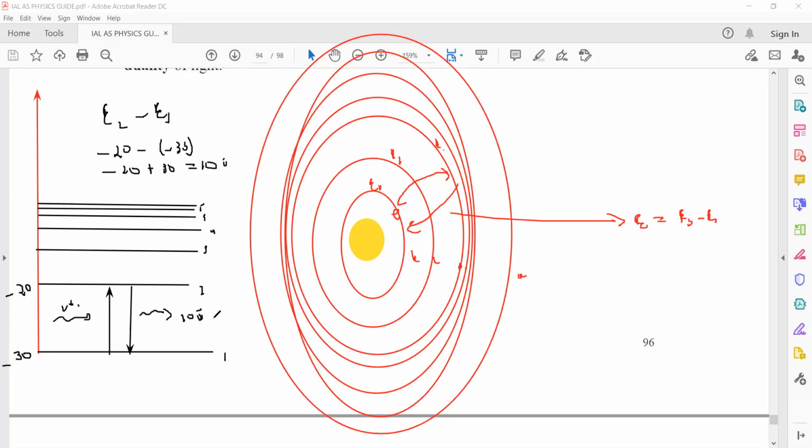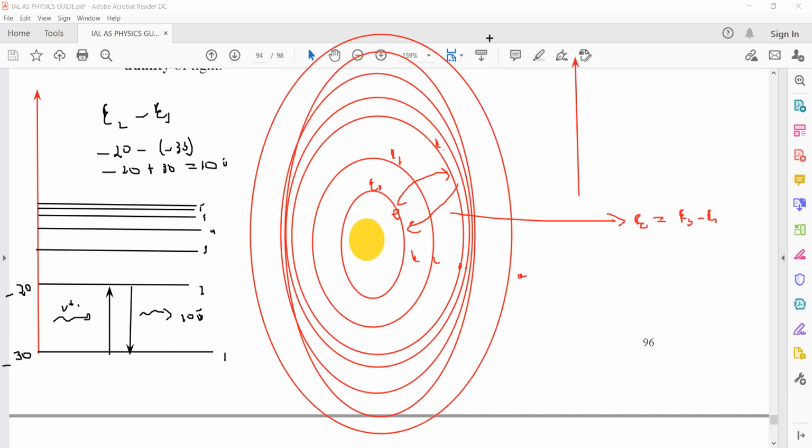We call this spectrum a line spectrum. Different elements have different gaps between the shells. That's why they give characteristic energy or characteristic color. So using a line spectrum, we can identify the type of element. This line spectrum is also known as the fingerprint of the element. Is it clear? This is for hydrogen, but if you take sodium,